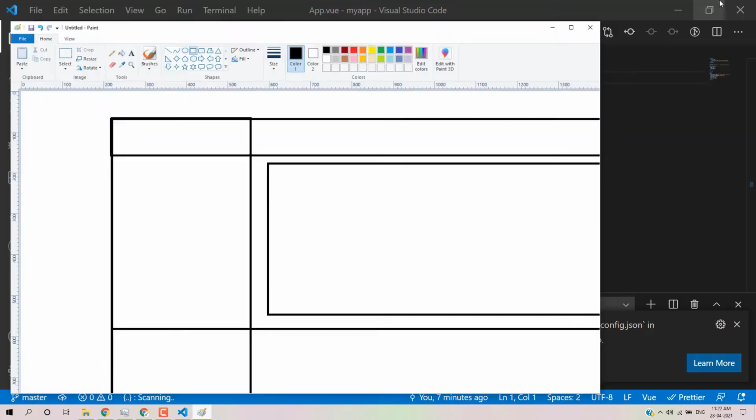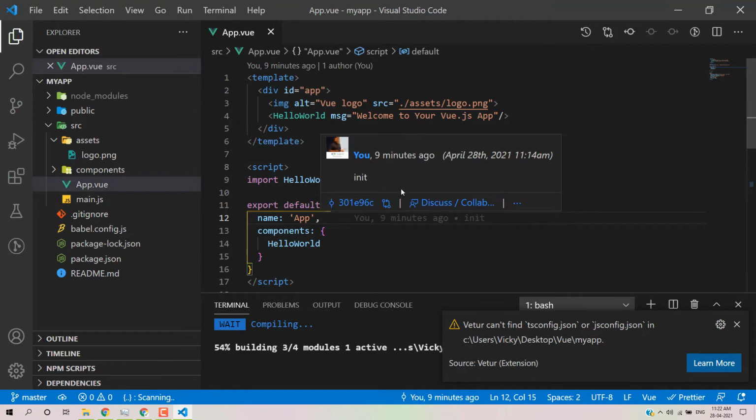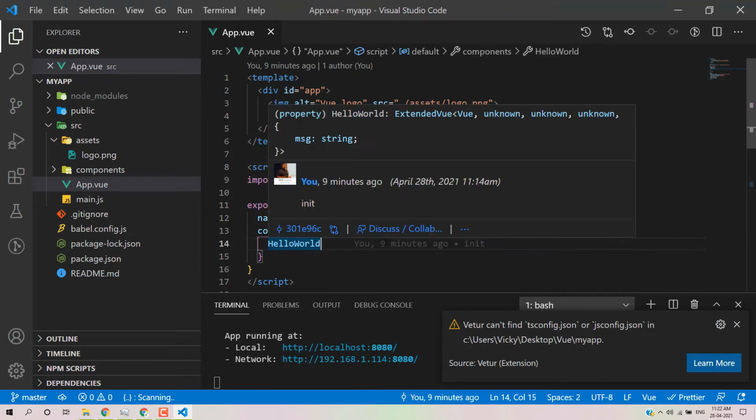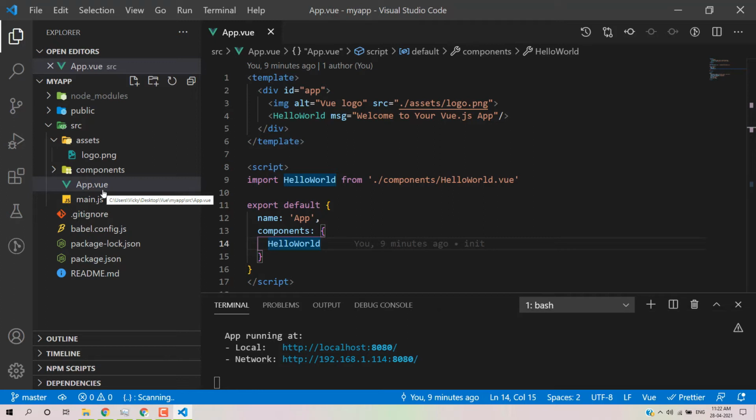Yeah. So how can we create a component in Vue.js? If we are working with Vue.js, first we need to create a file, and then we need to use an extension for creating a component. The extension is .vue. Each Vue component has three things: first your HTML code, second your JavaScript code, and third your CSS code. So how can we write our HTML logic? I will remove this entire part, it will be easy for us.